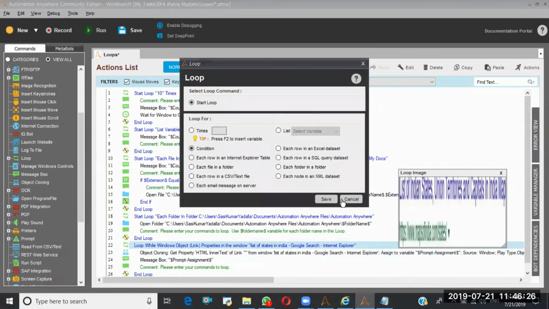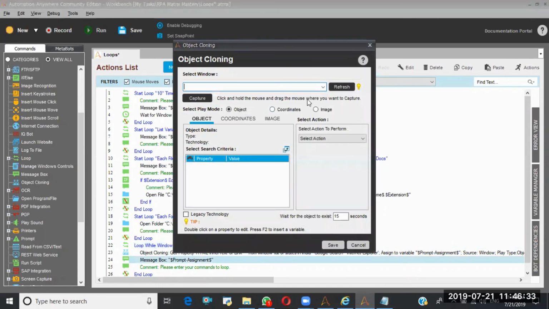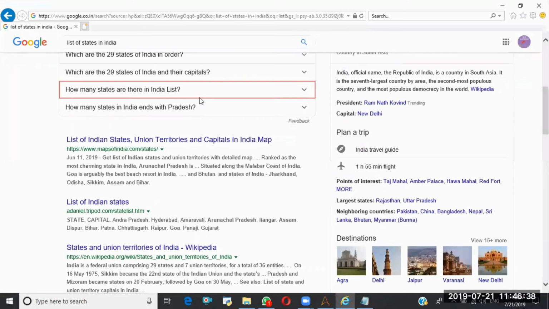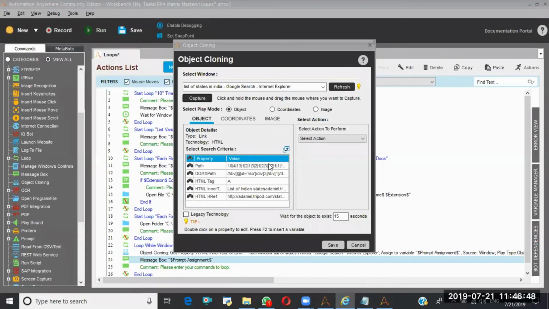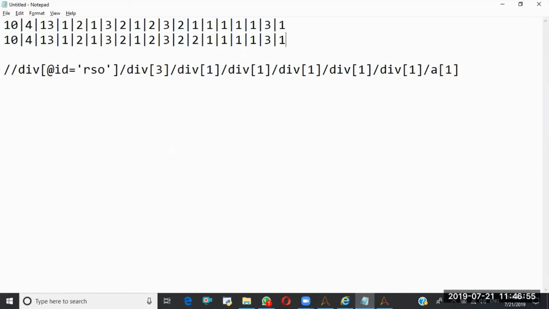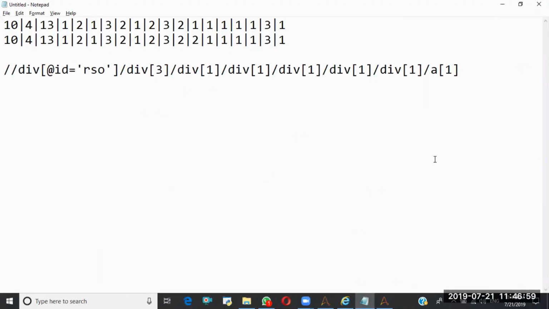Save. Now again, I am going to take one more object cloning command. I am going to select the title. I am going to capture the second one, not the first one. Here I am taking the path, and here I am going to take the DOM path.